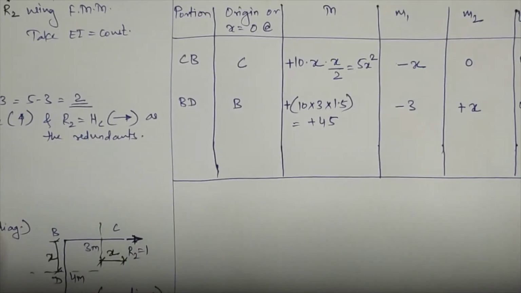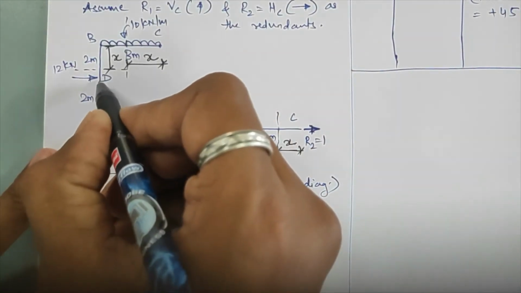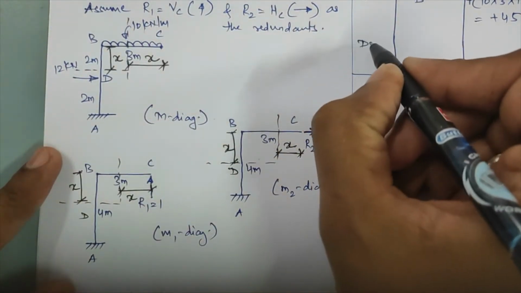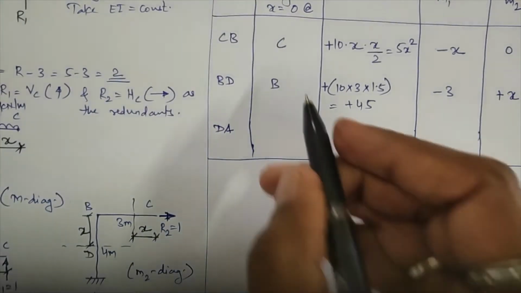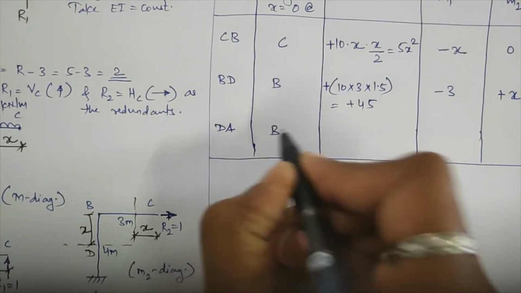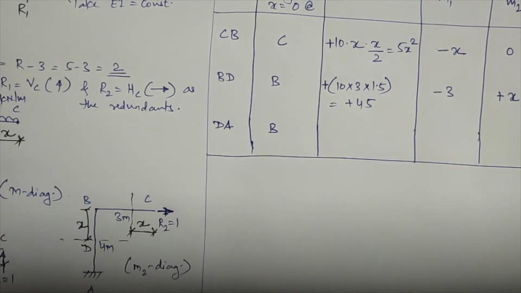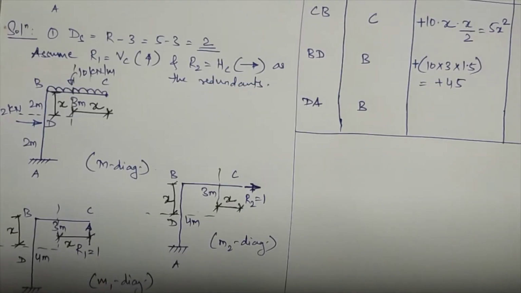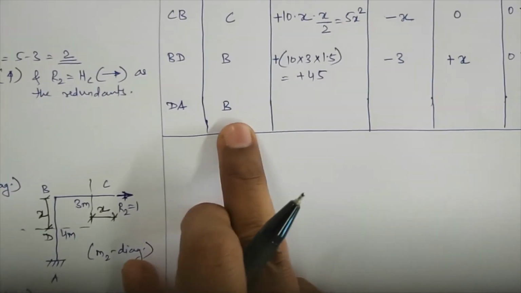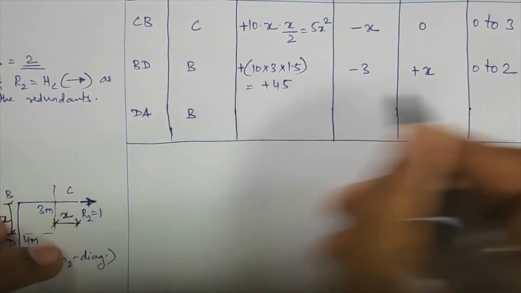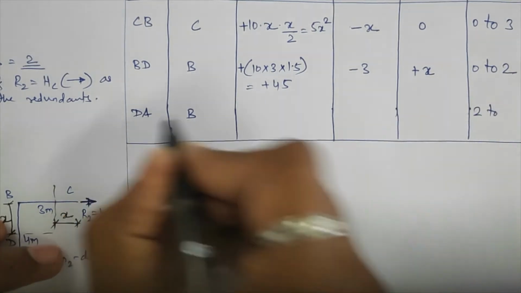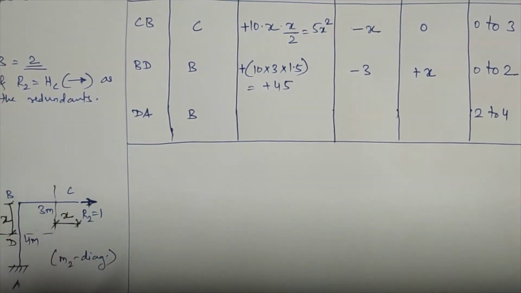Now next we will see our next portion, that is portion DA, remaining. So next I'll write here portion DA. Now here I'll keep B as my origin as it is. I'll not change the origin to D. Why? Because you have different portions on the same line, so that is why I have not changed the origin point here. Okay, so I'll keep B as my origin. So how much will the limits of integration be? B to D distance is 2, and B to A distance is 4. So limits of integration will come from 2 to 4.